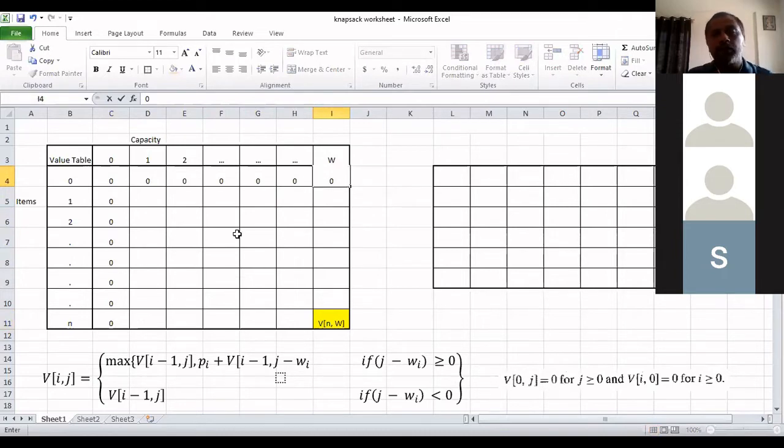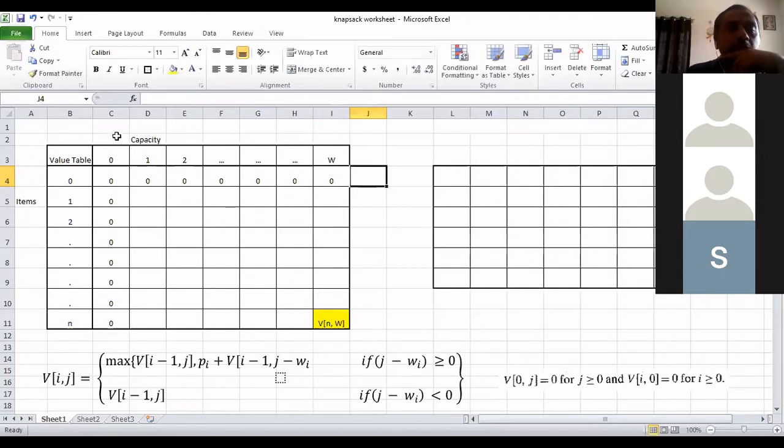So we pad with the zero. What is the actual logical meaning of this? When you consider the 0th row, that means you are not considering any item. When you don't consider any item, irrespective of the capacity of the knapsack, the items are not included in the knapsack. So therefore, the overall profit of the knapsack becomes 0. That is why you can see that the 0th row remains 0. All the entries of this will remain 0.